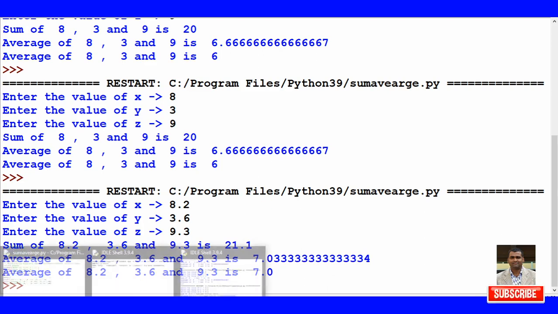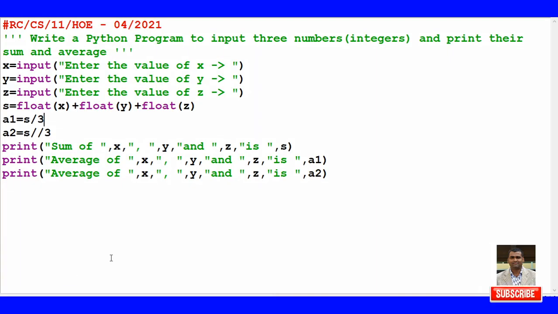So like this way you can make this program, and you can manipulate it according to the input, according to the type, right? So all right, try it,